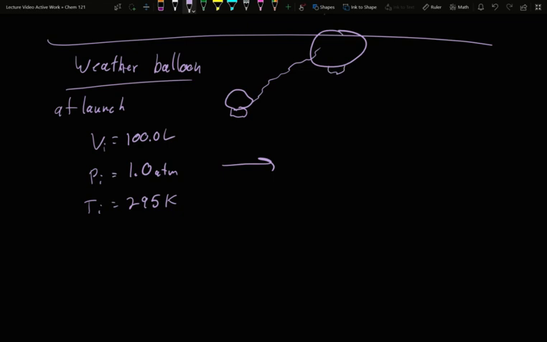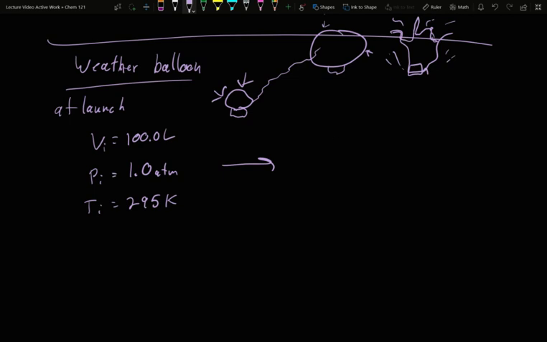There's just less gas at higher elevation on the outside, so the outside pressure is more at sea level and less as you get higher up. And it's also colder the higher up you get. And so in our case, what we find is that the final volume, before it breaks, and they do burst eventually, before it bursts open and falls back down to Earth,